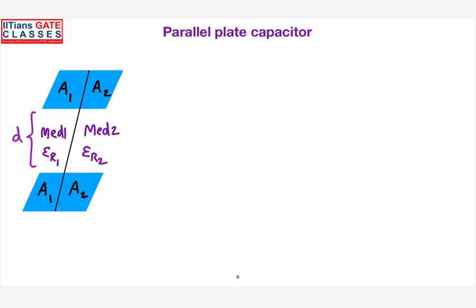So in this case, what will happen? The dielectric is also divided into two different mediums, but this time area gets divided here. And this time my separation remains the same. So what will happen? There exists one capacitance here, so call it C1. And there exists another capacitance here, C2. So find out what will be an equivalent capacitance. So the dielectric medium is divided into two parts, but this time area gets divided. So what will be the equivalent capacitance here?